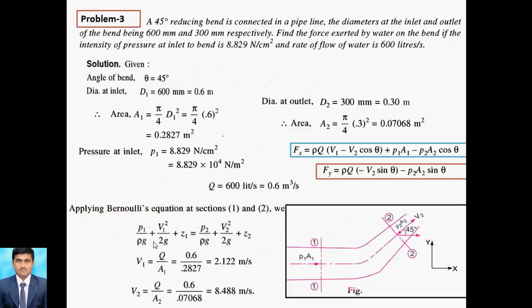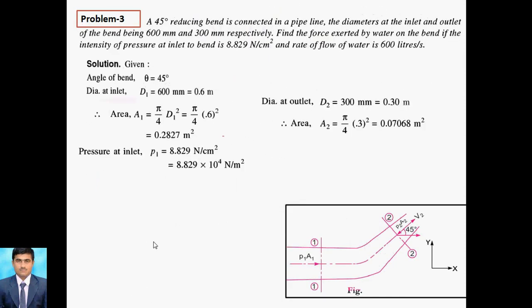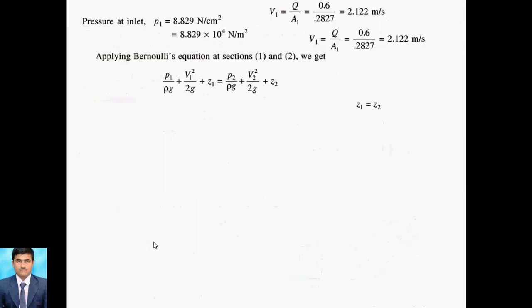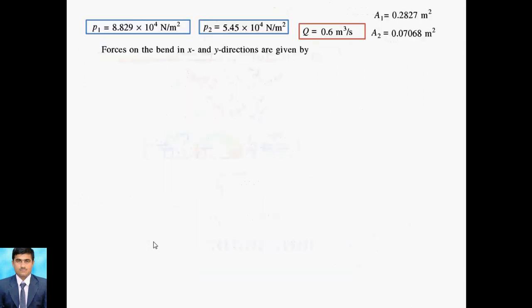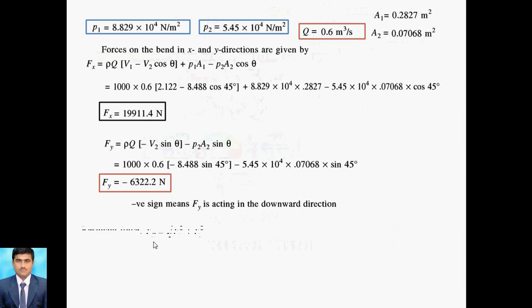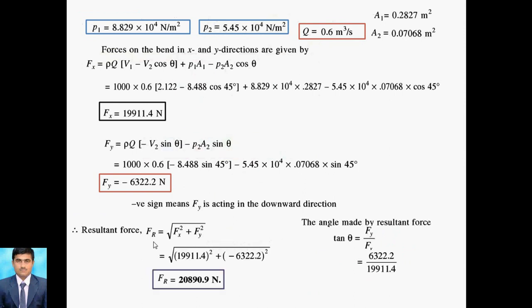Here we already calculated this by this method. We calculate Fx and Fy, and the magnitude also we calculate by tan theta. So this is the methodology we used over here. In that session we have discussed already the notches and the impulse momentum equation. In the impulse momentum equation we apply it to the bending pipe, and here we calculate Fx, Fy and the resultant force. So this is about chapter number 4, that is fluid dynamics.